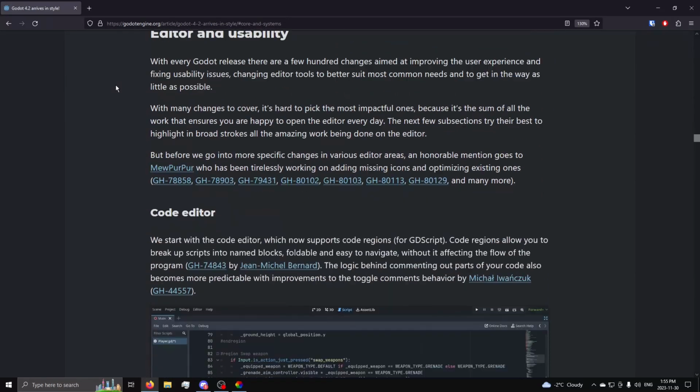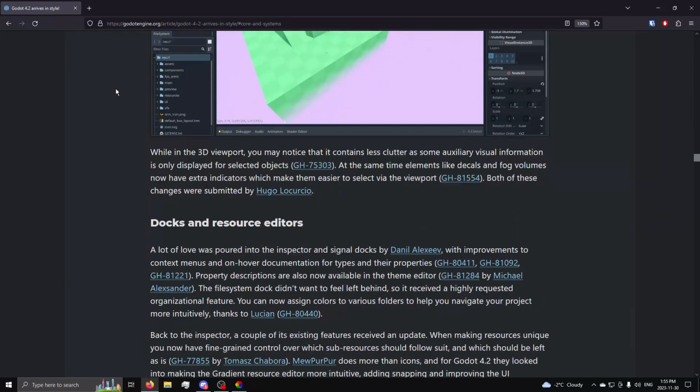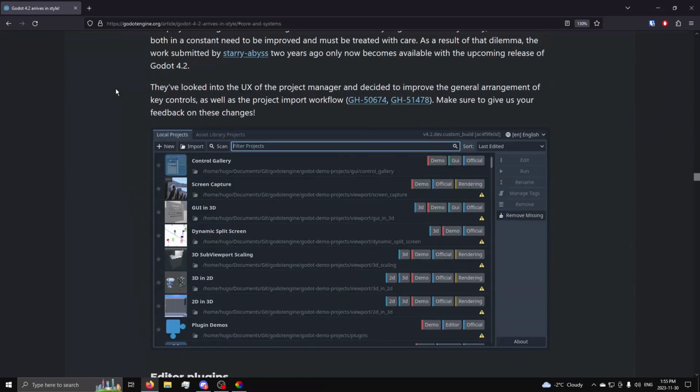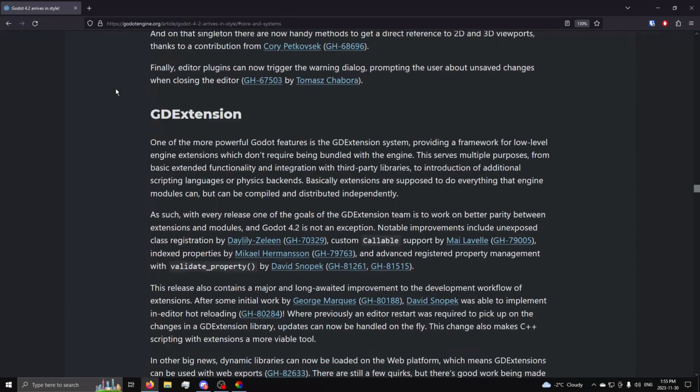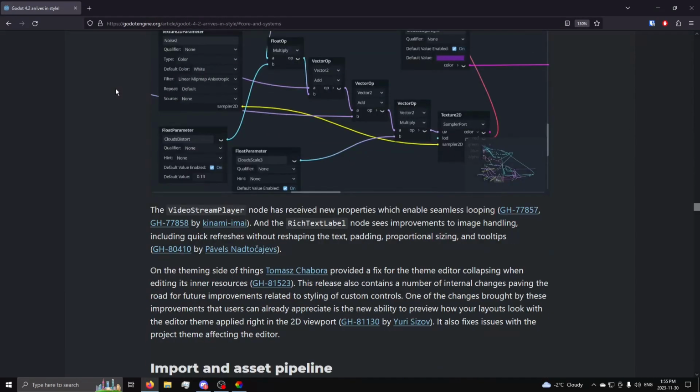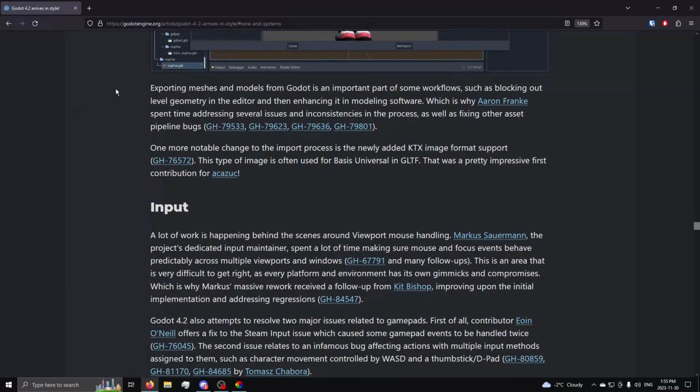Alright, now down to porting, wherever that is. We're gonna skip all this. There's good stuff in there. It's just that I mainly do 2D, so